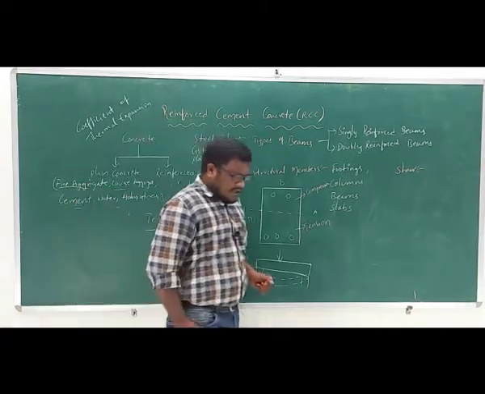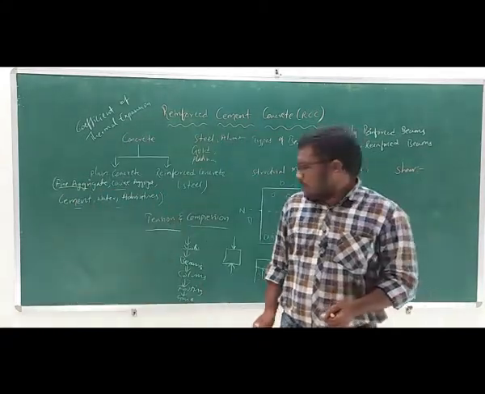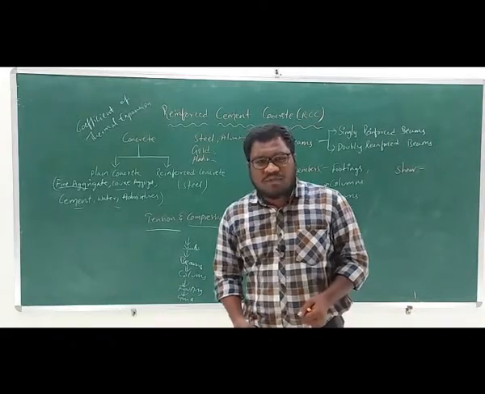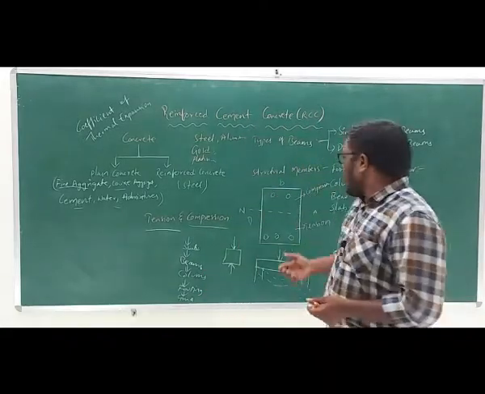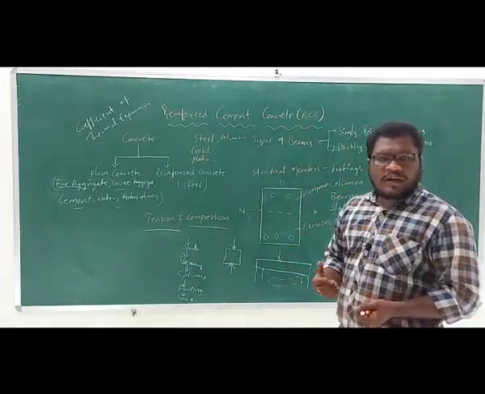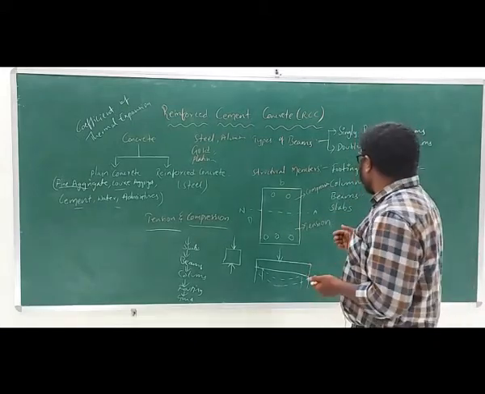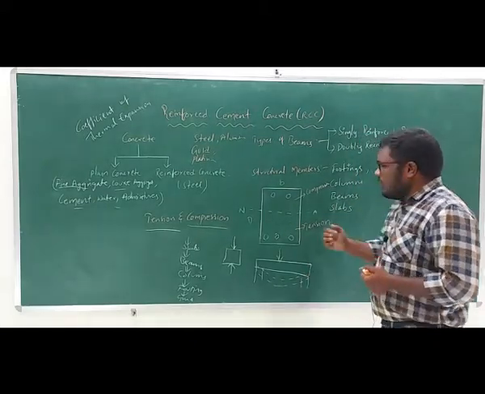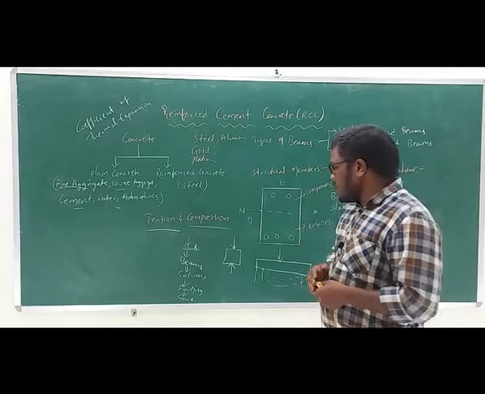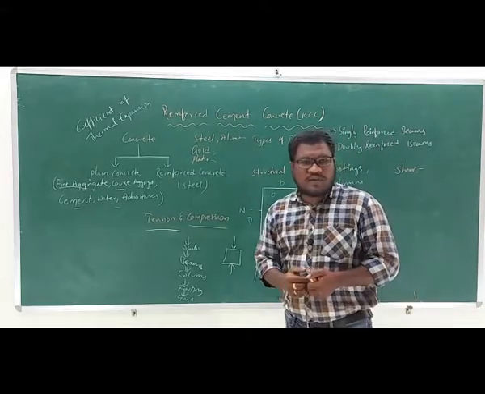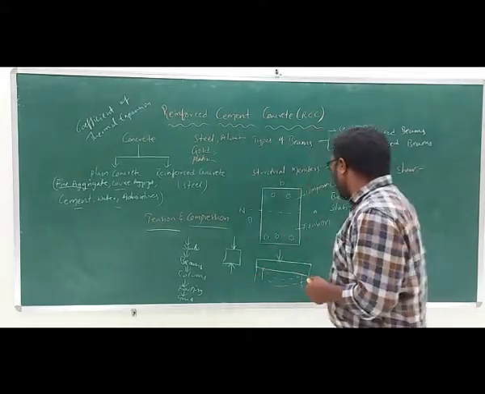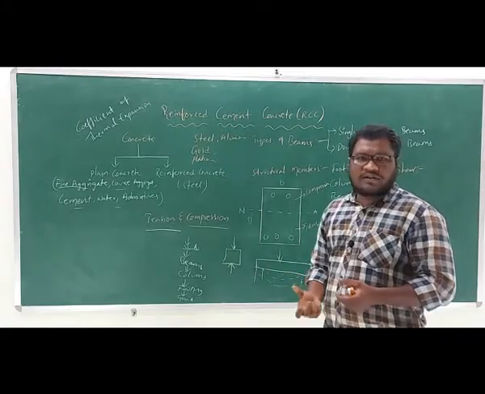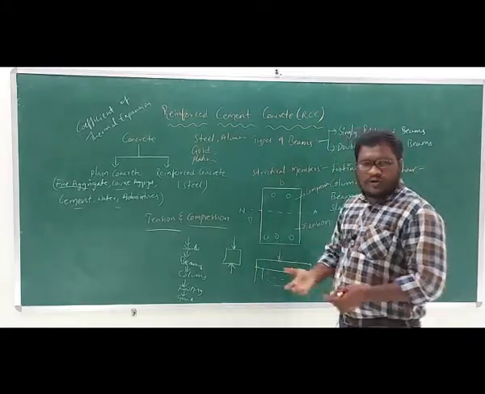Here each and every member plays its own role. First is slabs. These provide access for usage for walking, and they provide shade from other natural effects. The next one, beams, provide support to the slabs, and columns also provide support to the slabs and beams, and footings will rest the structure on the ground, and then the load is transferred to the